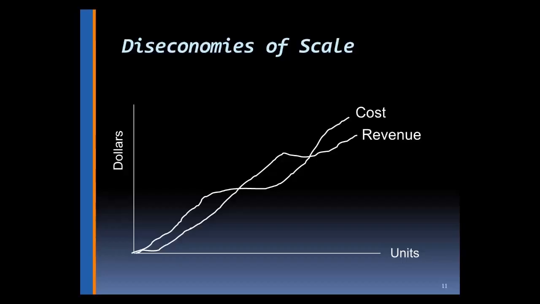What this is telling us is that businesses have a certain lifestyle. They have a certain age to them. And as they expand and take on more and more fixed costs, they must be very careful that they earn the revenues that will cover those costs. We put fixed costs on in big chunks, and so quite often it's difficult to have the revenues increase as rapidly as the costs do. Now out there someplace again, hopefully the revenue line will go up and will cross that cost line again, and the firm will become profitable.